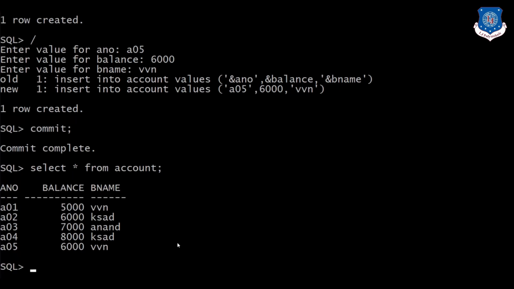So commit command saves all the work done. It ends the transaction and makes permanent changes during the transaction. Save point is used for saving the current point in processing of a transaction. It marks and saves the current point in the processing of a transaction. Rollback command restores the database to the original since the last commit. It is used to restore the database to the last committed state.